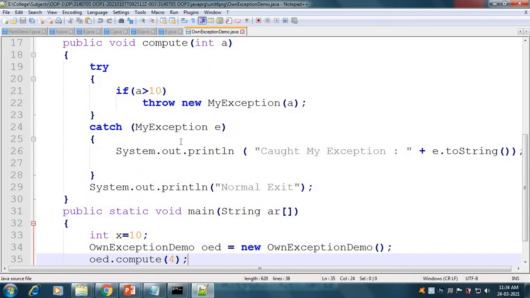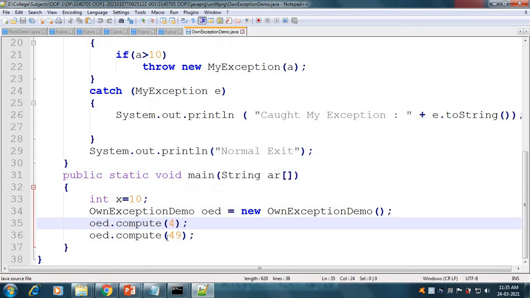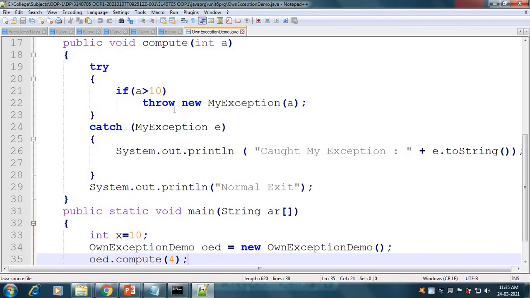In the case of 4, the method checks that 4 is not greater than 10, so it will simply print normal exit. And if we call the compute method with number 49, then it will be greater than 10, so it will throw MyException. And in the catch block, the MyException class object e will be caught. Here there is no array index out of bound, no null pointer, no other class.